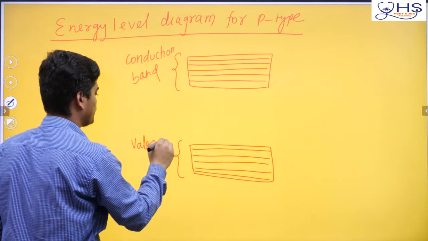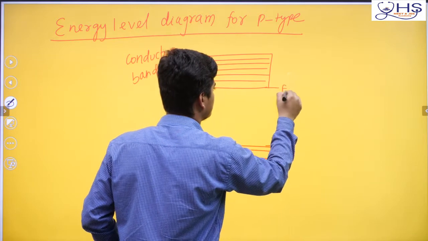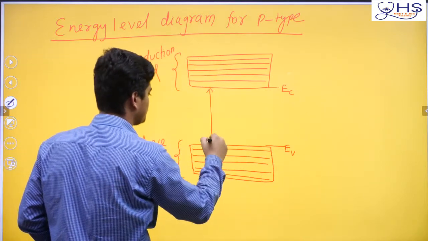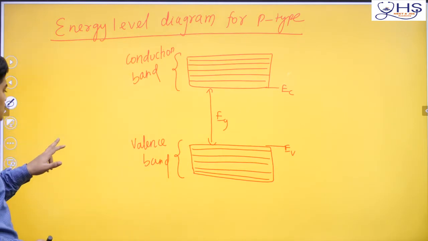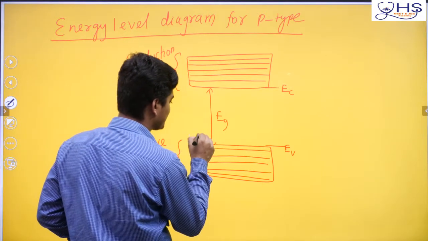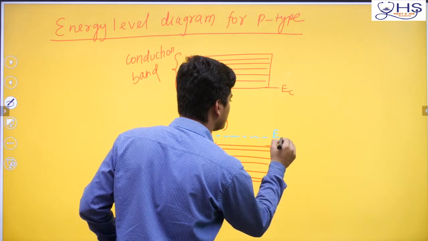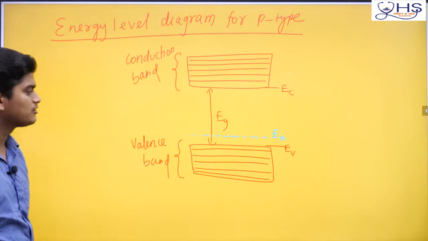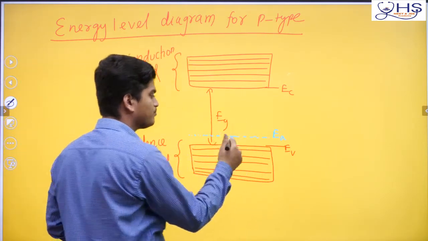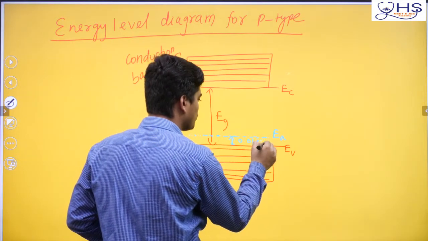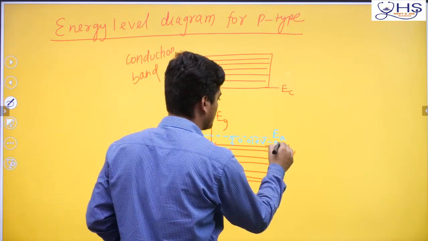Okay, and this energy level is your EV, and this is your EC. This is your EG, the energy gap. Here one more thing you need to do: give the acceptor level, which is asked in the question. Always keep the words that are asked in the question. So it is your acceptor level EA. You can also write capital EA. It is the acceptor energy level, and the energy gap here will be the same, 0.01 electron volt, or you can put 0.01 to 0.05 electron volt.